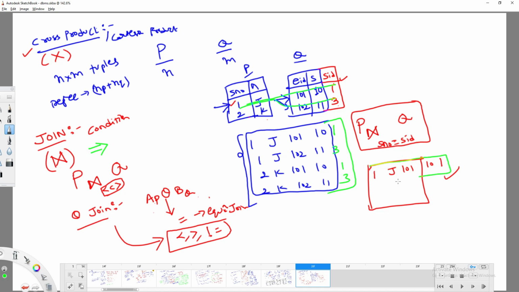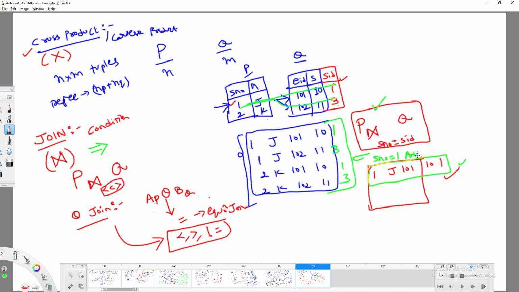How can we get it? Can I perform a select operation on this? I am going to perform a select operation. What is the select operation? Select serial number equal to 1. Then will I get only this data? No. You are going to get 3 also. But here you have to apply one more thing: and serial ID equal to 1. Then I am going to get this data.